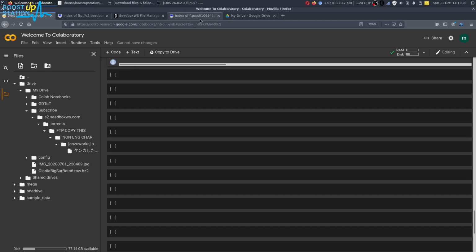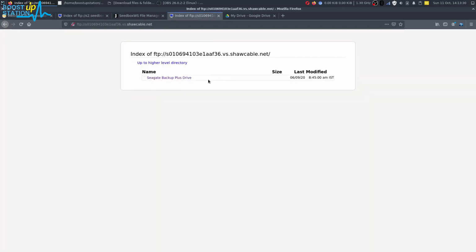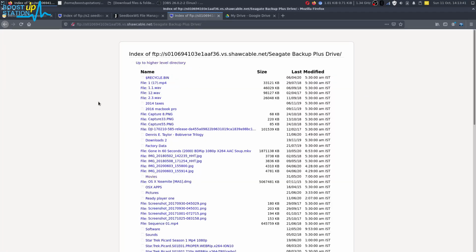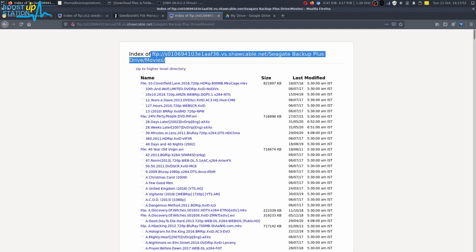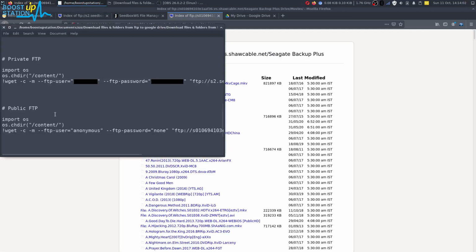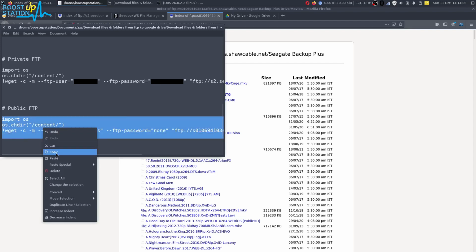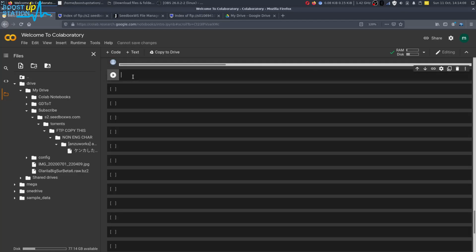Here's the public FTP drive. Let's browse in here. We have a lot of files and folders, and we are just going to download the movies folder. This is the location. As usual for the public FTP, you go with these three commands: right click, copy, and paste them in the Google Colab.